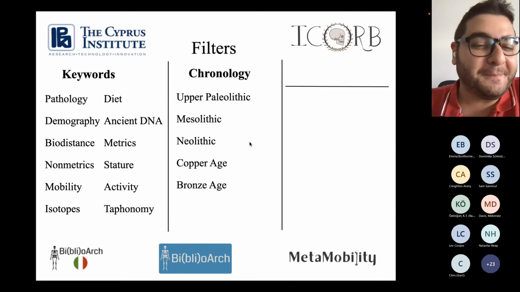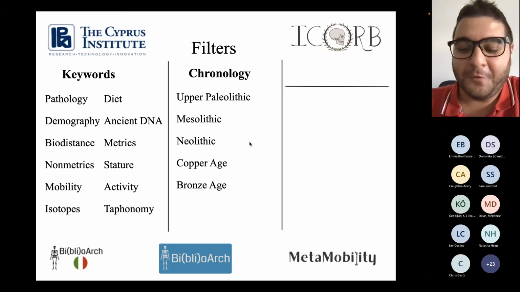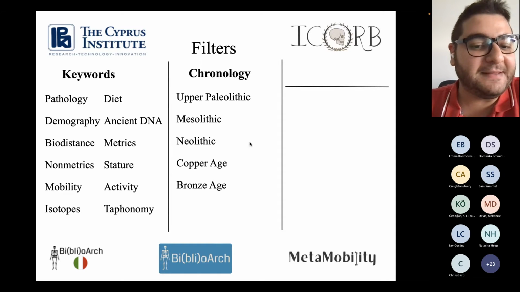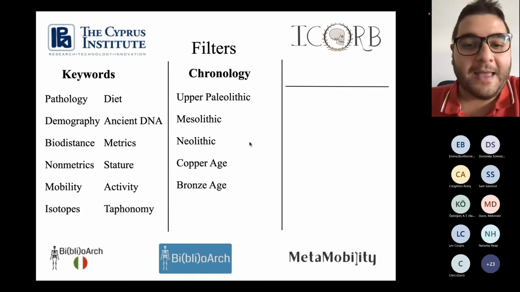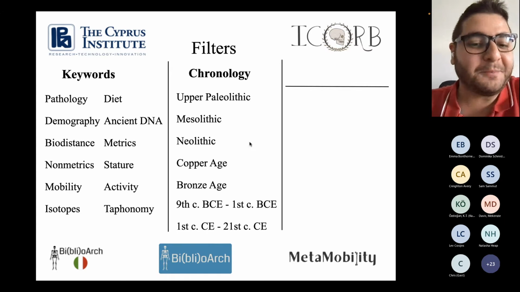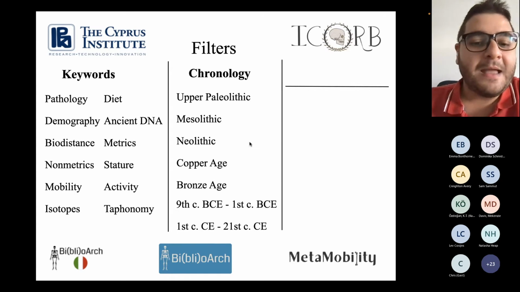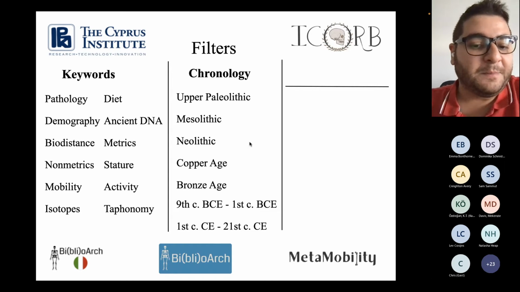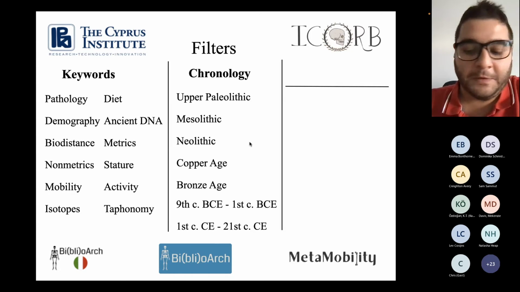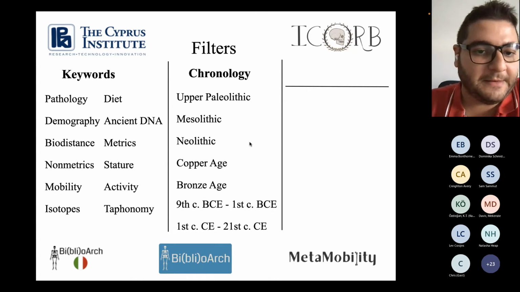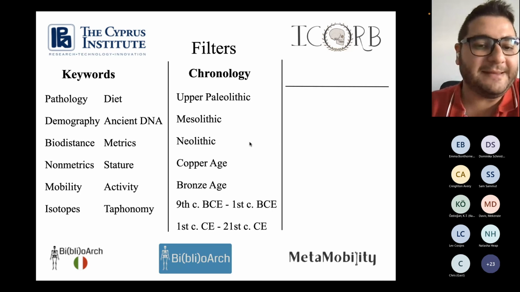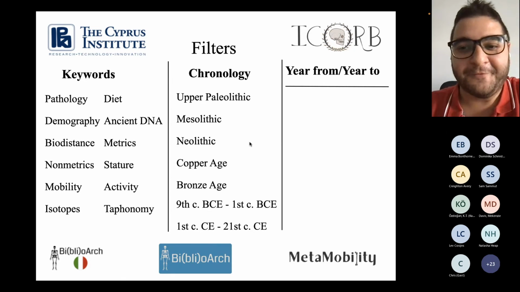For the older periods, we weren't able to be as specific, so we decided to give keywords such as Paleolithic, Neolithic, Bronze Age. While starting from the Iron Age, we were able to be much more specific and provide the single centuries for each study. And this is also great because it's more detailed, but it also provides a very user-friendly filter for scholars not familiar with the sub-regional Italian historical path, which was not uniform, of course.